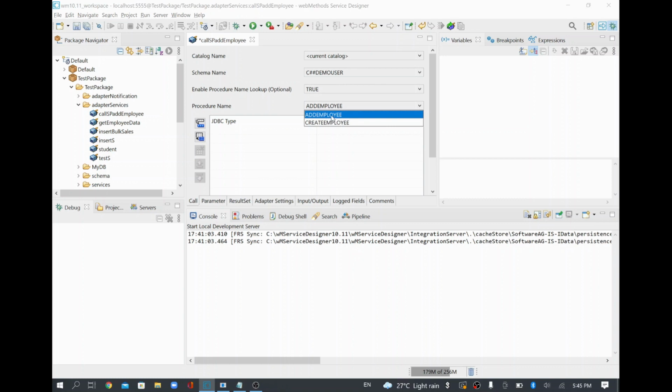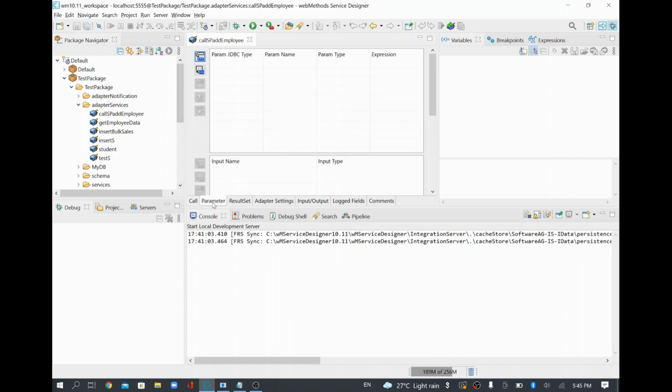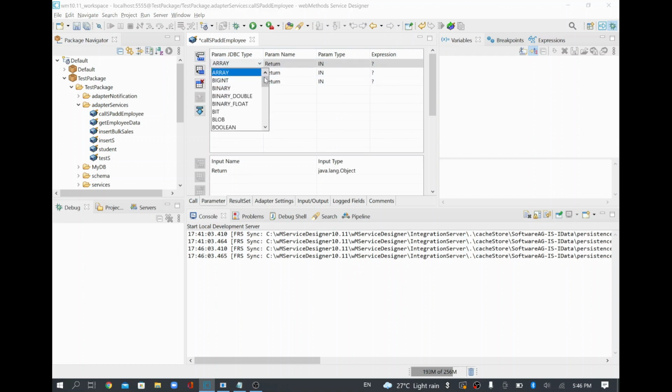So whatever the procedure name I've just created, which is add employee, I've selected that, and I'll save it. And then you just go to the parameter. You need to pass three different parameters for this store procedure. So I'll just add that parameter. So you just click this, and I'll add three things,